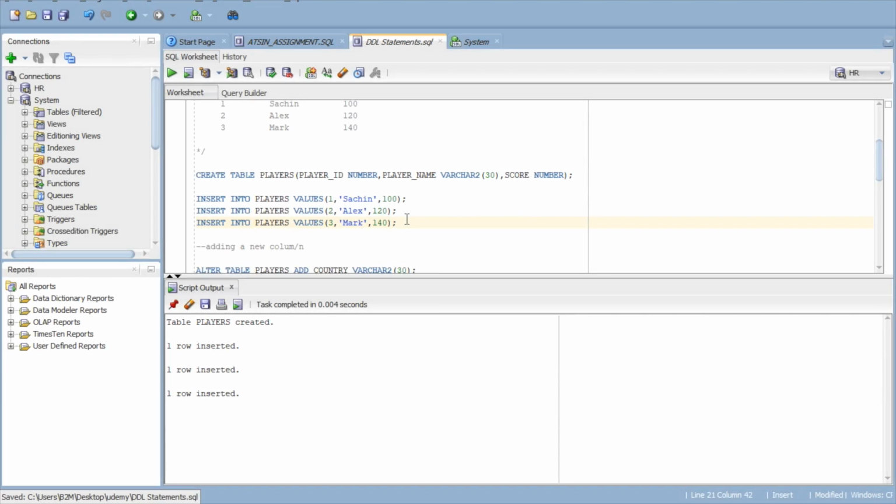Suppose you need to see your table, you can use the select command. This select command is used to display the records from our table.